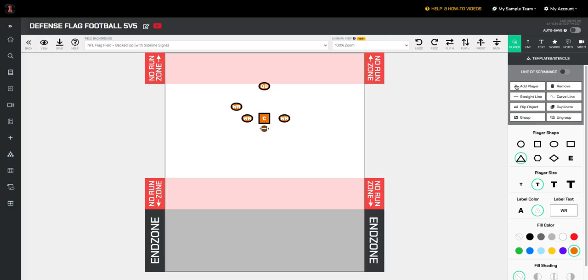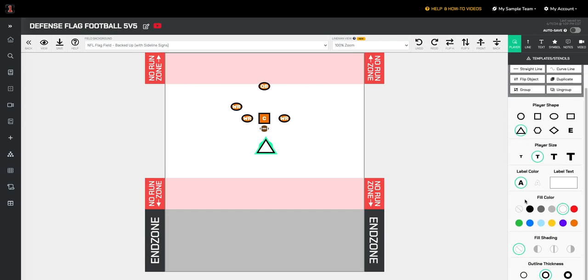I have to hit add player first. That's my fault. So I have the triangle selected, and then I can hit add player. Oh, I got to move it down here. Now I'll make it a triangle. I apologize. Now at this point, I'm going to keep, because these are my players, I like it to be a little bit bigger. So I'm going to go ahead and make these, since the offense is orange, let's go with a green color. And we will duplicate 5 times, or 4 times. 1, 2, 3,